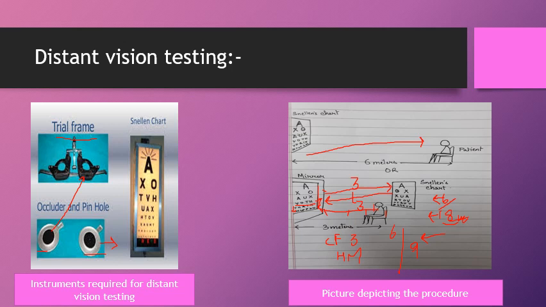If he is unable to see the hand movements also, then we will examine for the perception of light and projection of rays. In this, the patient is placed in a dark room and then the light is shown into the eye of the patient. After the light is shown, we ask the patient whether he is able to perceive the light. If he is able to perceive the light, then the vision becomes perception of light. And we'll be testing the vision in all 4 quadrants of the eye.